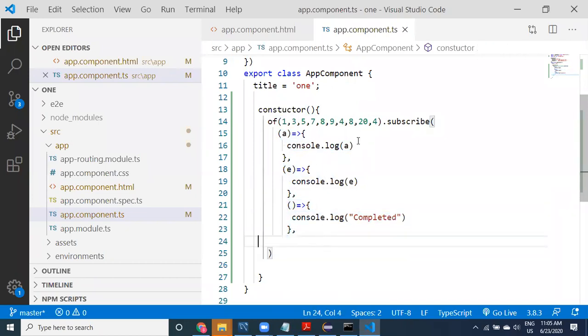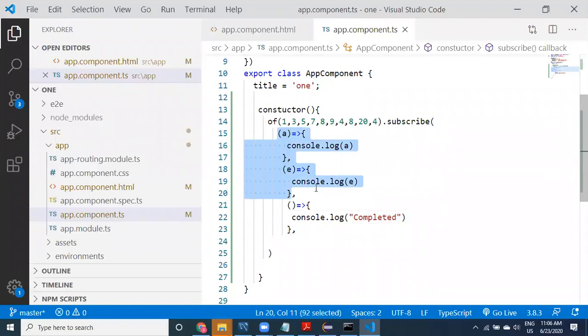Okay, now what it is going to do is first it is going to take this value, and if it is successful, then it is going to call this. If it is an error, it is going to call this, right? Next, this is going to be called only once after completing all the values. After all values are processed, then this is going to get executed only once. Now this method is going to get executed every time, multiple times, if it is successful. If it is successful, this method is not going to get executed. If it fails, then only it is going to get executed.